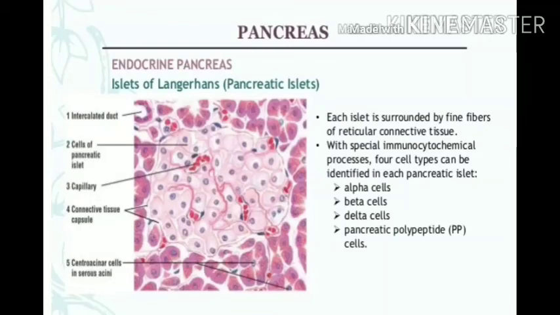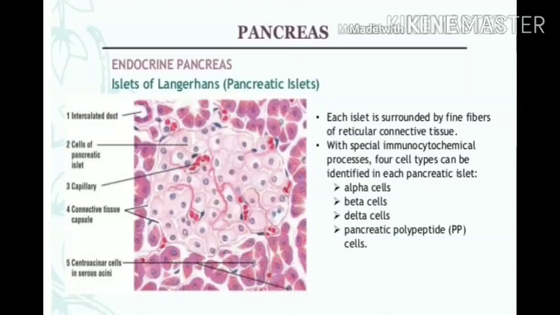Now, how do you differentiate between these 4 different kinds of cells? A cells contain numerous fine red staining granules. They have clear cell boundaries. The B cells have thin or coarse granules which stain dark blue by hematoxylin stain. The cell boundaries are distinct. Generally, B cells are more numerous than A cells. The D cells can be observed by special staining, and only a few cells are there in the pancreas of humans.